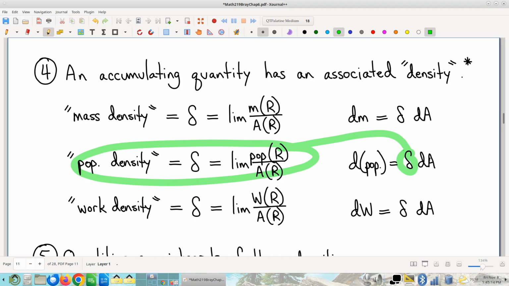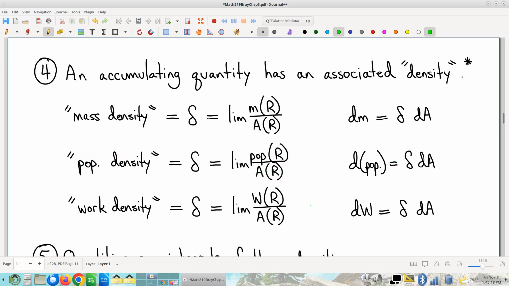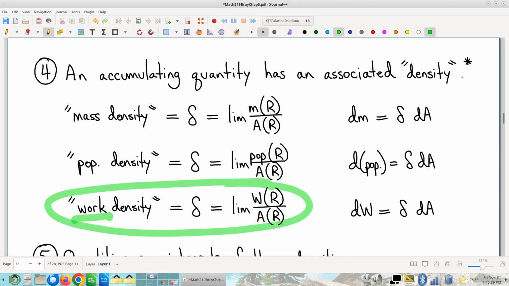And it's not such a crazy idea there. Where it gets a little weird is that if I take one of these quantities like work that isn't concrete physical stuff and say, well, yeah, but I'm going to treat it like stuff. I'm going to pretend that it's actually distributed across the region, then I can make this same calculation. And I can talk about how much work